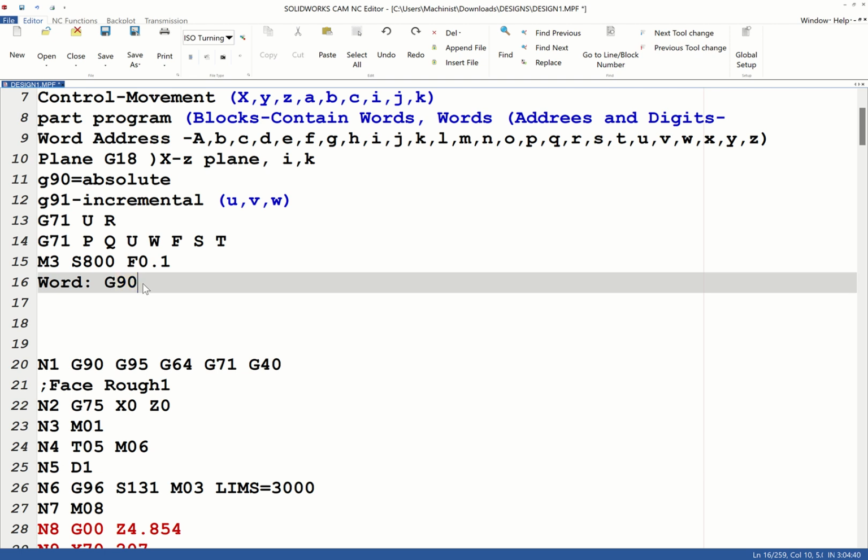If I write maybe X20, it goes to the address X. It knows address X is for axis, that the PLC should actualize the motor to move in the X direction. But how far? 20. Is it positive or negative? If it is 20 positive, it goes towards the positive direction. If it is negative, it goes towards the negative direction. So this is how a machine has been programmed using CNC and PLC